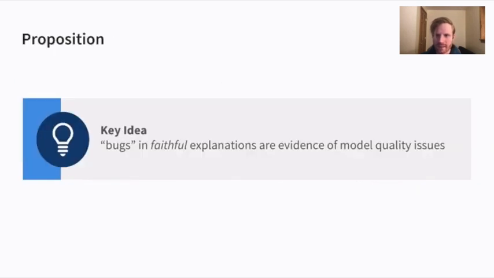So just to reiterate, the key idea in this section is that what may seem like bugs in the explanations should really be seen as evidence for model quality issues. But one point here is that we should really insist on faithful explanations in particular. In other words, we want our explanations to actually reflect what the model is doing rather than wishfully whitewashing strange aspects that might be a flaw in the model's behavior to hide them. But assuming that our explanations are faithful, then strangeness in the explanation is really just an indication of something strange